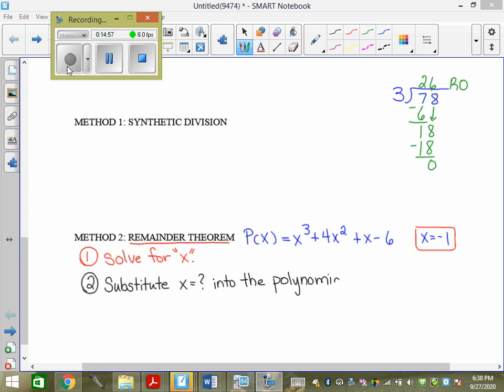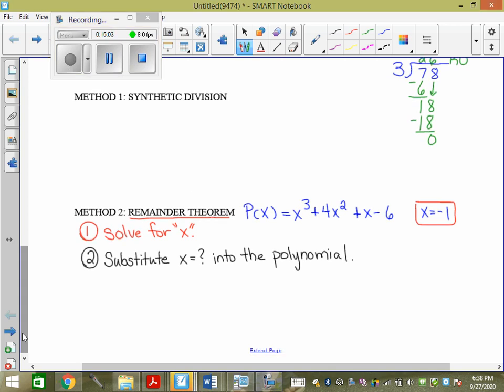So this is where we do function notation. So in this case, we're going to do it in a different way. P of -1. What does that mean? Whenever I get this function notation, whatever's in this bracket goes in for the x's in the polynomial. So I'm going to get -1 cubed plus 4 -1 squared plus